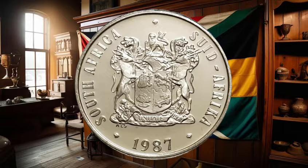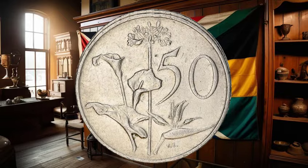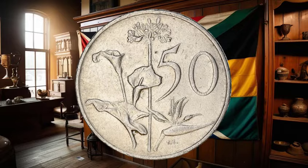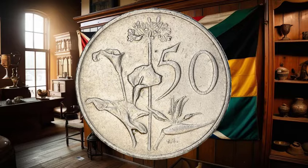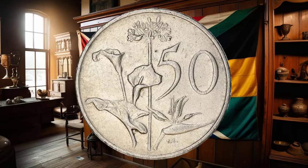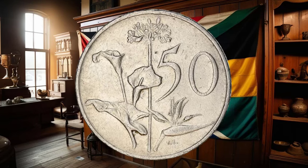The value of a coin isn't in the numbers you see on the surface. It's in its rarity, its condition, and the stories it carries. Collectors look for coins that are not just old, but unique in some way. And the 1987 50 cents from South Africa has those rare features that make it a hidden gem in the